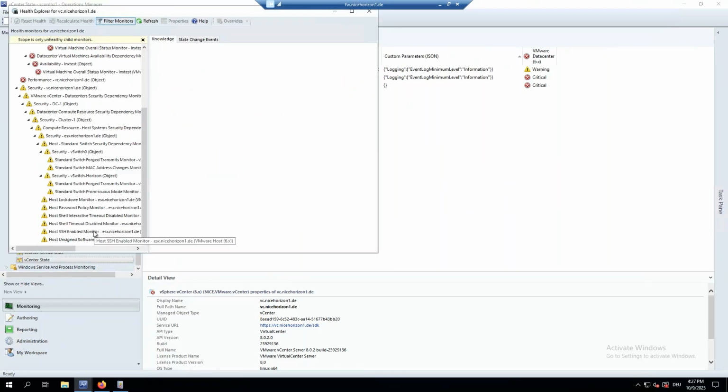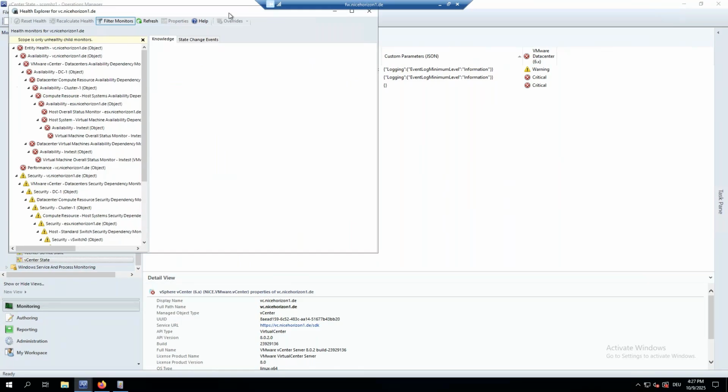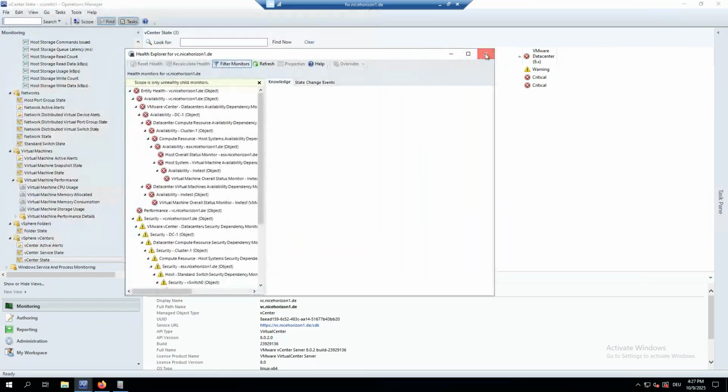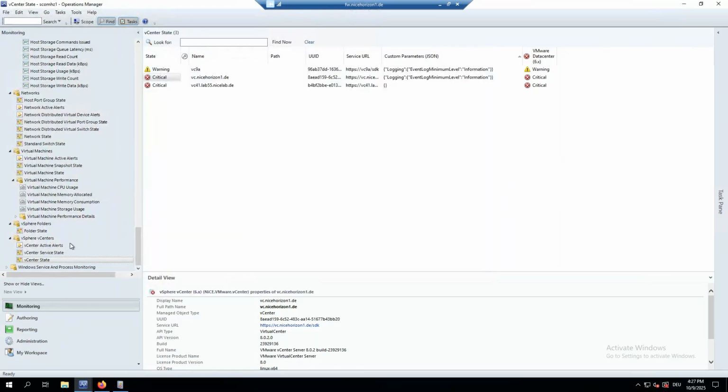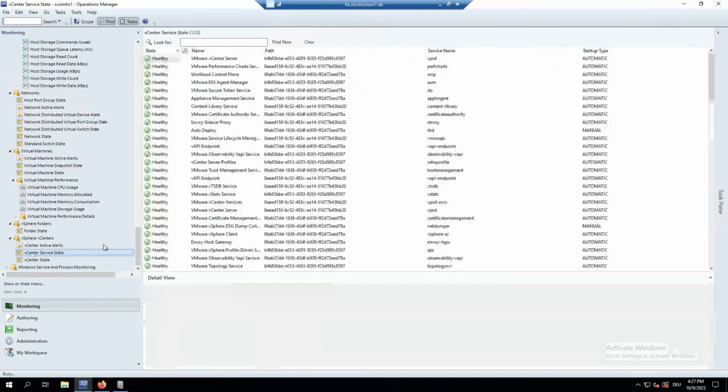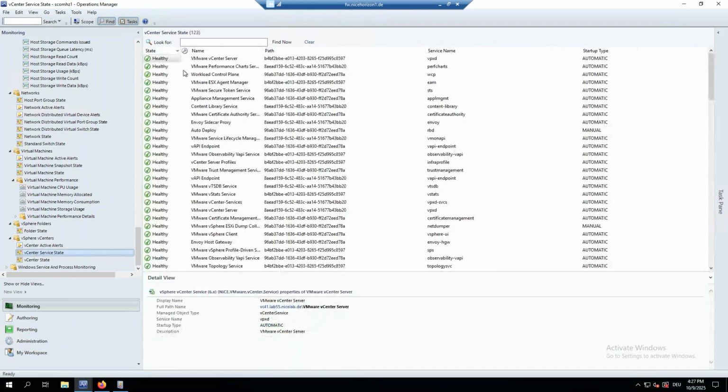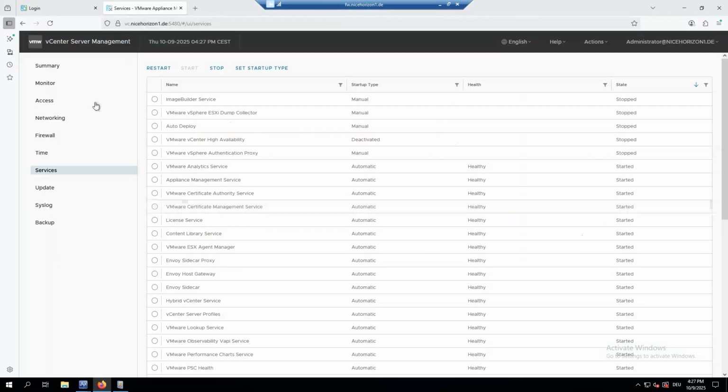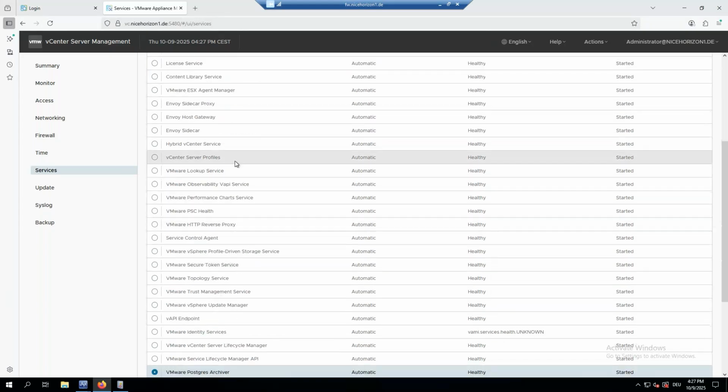So we have this as a root component, and all the monitoring is built upon the virtual center. We also have the services discovered, which comes through a different API. I quickly want to show you, for example, here I'm logged into the virtual center appliance. I have the services, and let me stop one of the services to introduce